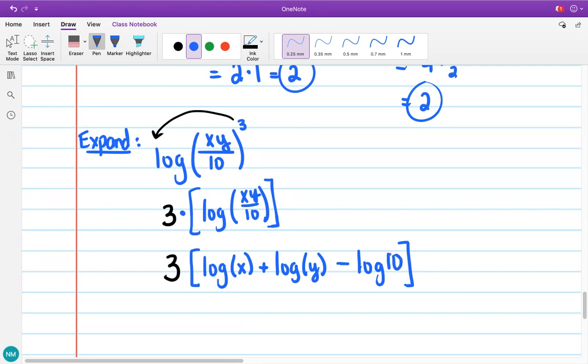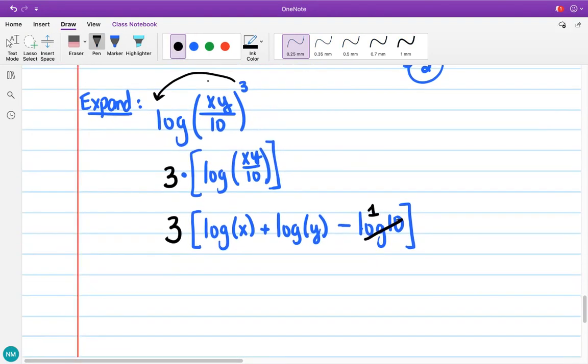Like log of 10, what is log of 10? Log base 10 of 10 is 1. And you would have to simplify it if it is simplifiable. So my final answer is going to be 3 times log of x plus log of y minus